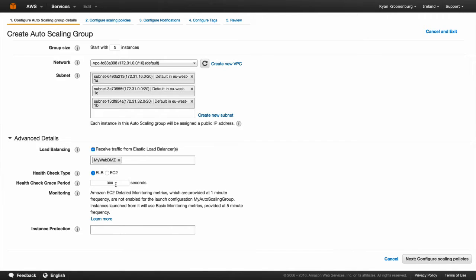You can go out and try your Bootstrap script and see how quickly it takes for that EC2 instance to come up. I'm going to change this and be a little bit conservative, and I'm going to make it 2.5 minutes, so 150 seconds. So that should give me plenty of time for my EC2 instance to come on, install Apache, apply all the updates, and then move the contents of that bucket across. Okay, so we just leave the other values as our default and go ahead and hit next to configure our